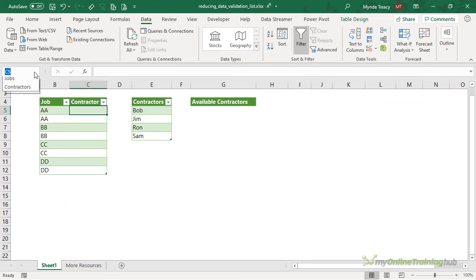In the first table that I have here, called Jobs, I've got a list of jobs that are currently underway, and I need to assign 2 contractors to each job. The contractors are stored in the table called Contractors, and you can see I've got 4. Now the constraint is that each contractor cannot work on more than 2 jobs. So I'll use a data validation list that adjusts the contractors that are available based on how many jobs they're